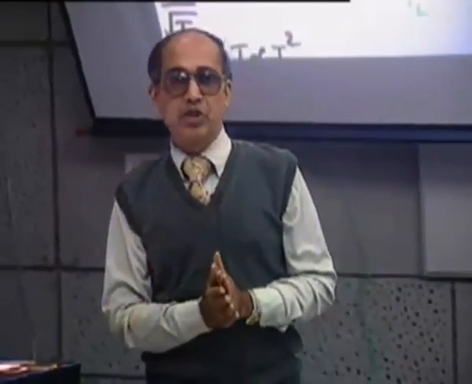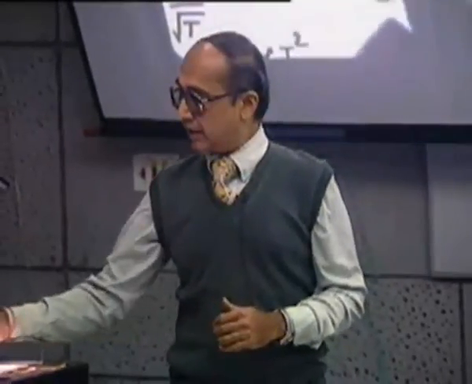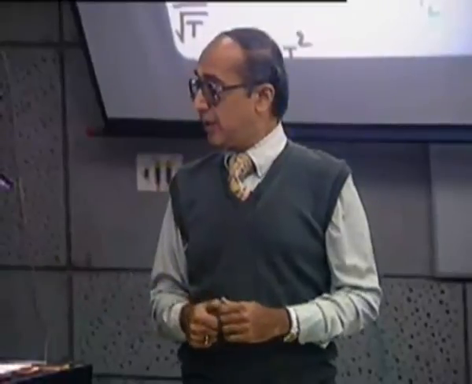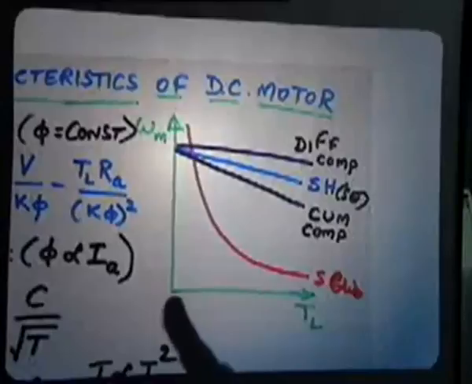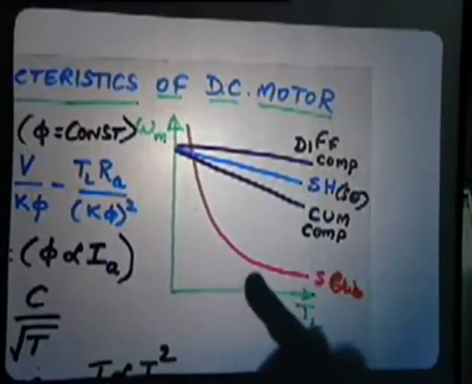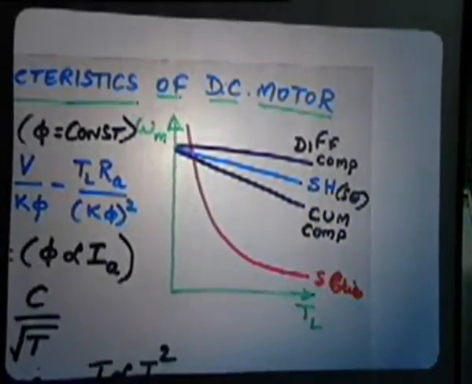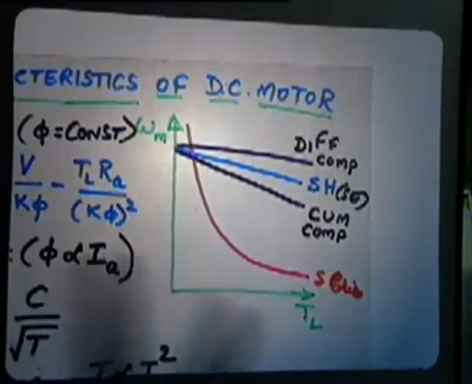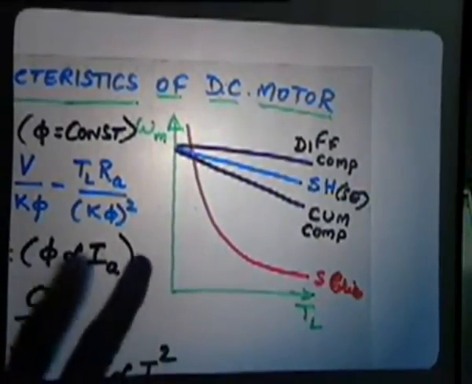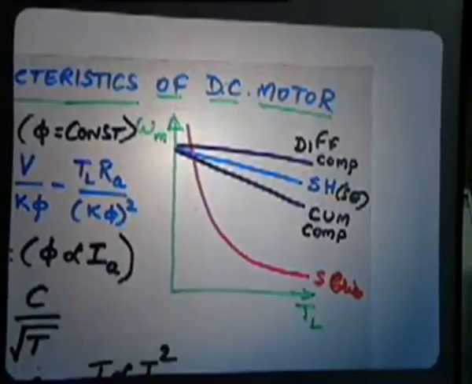In generators, the open circuit characteristic is important, as well as the load characteristics for different types. In motors, we would like to know how much the speed variation will be with torque, and these are the characteristics that we have. Of course, we can also have the current versus torque. So you will notice in a shunt machine the torque is proportional to the current, so you can also have the current-speed relations as well.